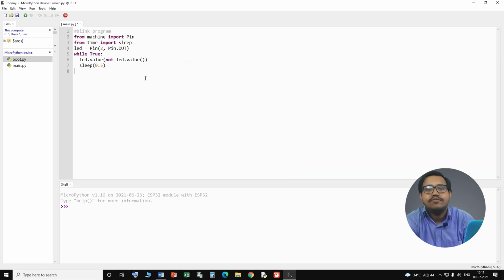Now it's time for our first MicroPython program, and it is going to be a simple Blink code. As you can see here, the code is here. In the first line of code, we are importing the Pin class from the machine module. This machine module is a MicroPython specific module which contains specific hardware functions.